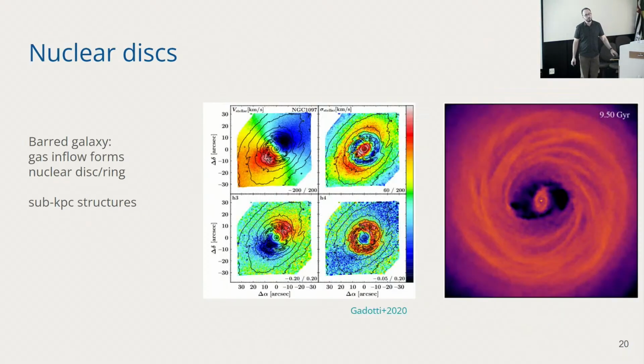Now, changing the subject to a completely different one, continuing here on the other works on isolated galaxies. One of the other things that we're planning on working on is the nuclear disk. So barred galaxies have a nuclear disk or a nuclear ring where gas is funneled to the central region. There are papers on this topic by Dmitry Gadotti, Camila de Sá-Freitas on the kinematics of the inner region using the TIMER project. So we were hoping to look into the very inner region of the barred galaxies in these